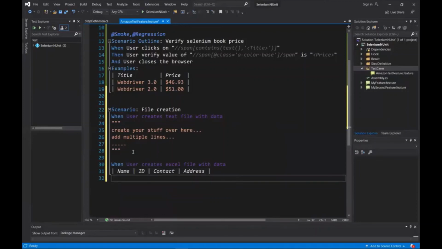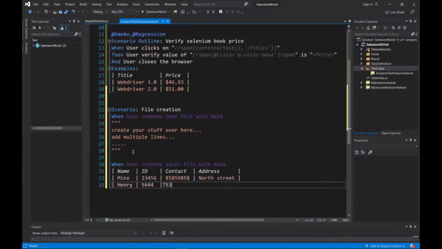Now I'll create the data for these columns in the next row. Let's add one more row to the data table. So now you can see that we have given 3 rows in the data table, out of which the first row is basically the column names, and the rest of the rows are the actual rows which contain the data for these columns. You can add n number of rows you want.